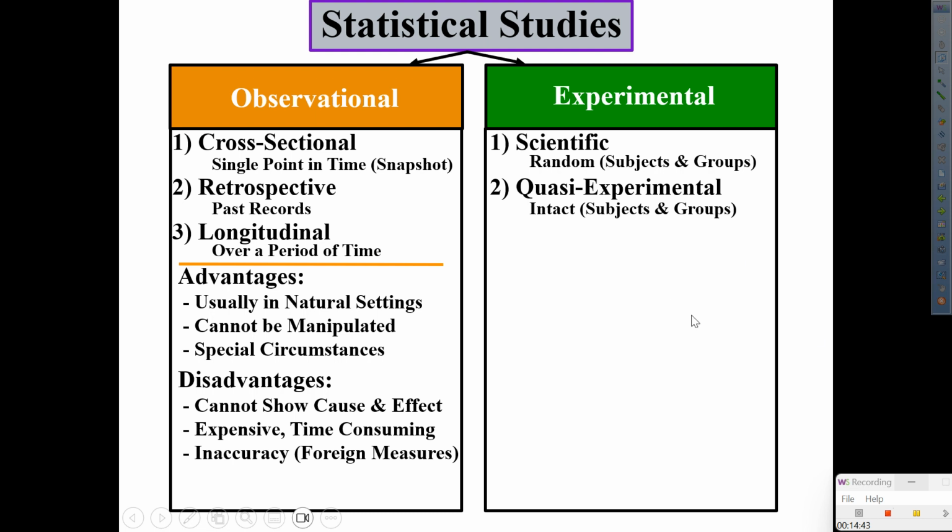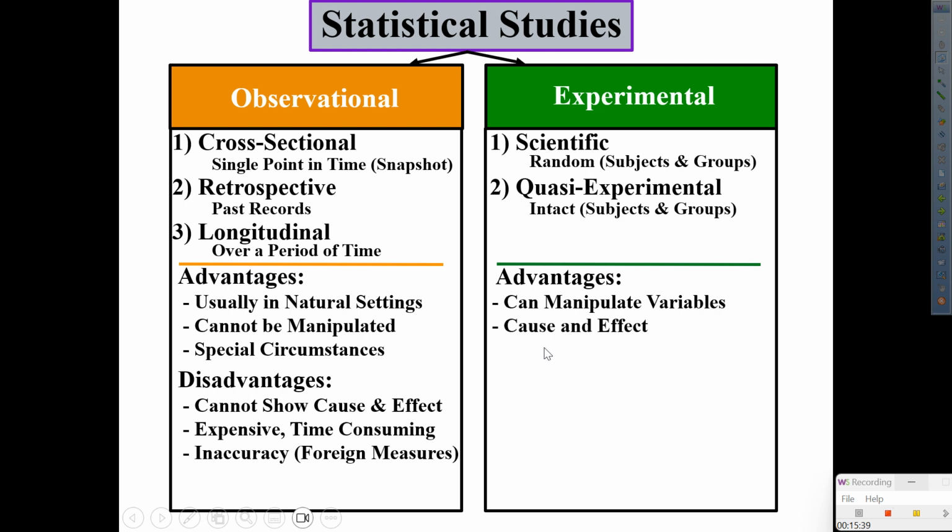Okay. Advantages. Well, first advantage is that you can manipulate the variables or anything that you introduce. Anything that you introduce, a situation, you can manipulate it. Second, you can get a cause and effect. And also the studies become smaller and shorter versus observational, which means they cost a little bit less than the observational. Not a lot less. At times they do, but at least somewhat less.